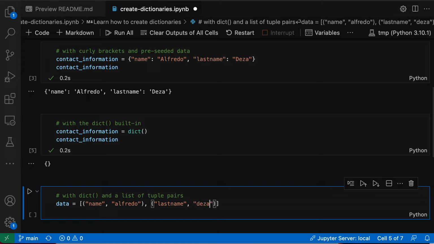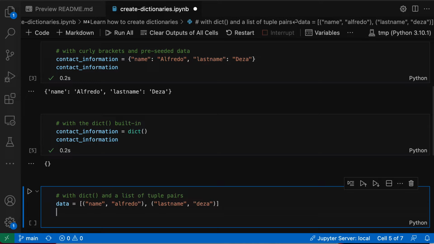I'm going to say this. I'm going to use lowercase here to make it easier. So that's the data. It's a list with 2 items, and each item is a tuple with 2 items each. It's a key and a value. Now, this is not that common, but sometimes when you have data that is coming in pairs and you put